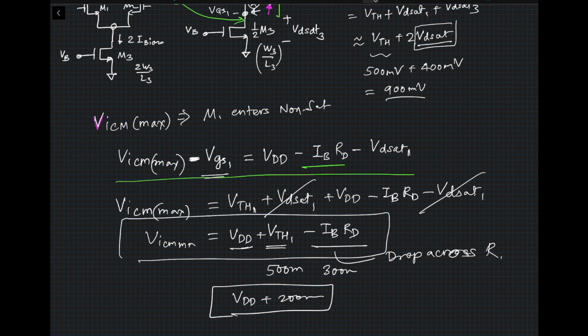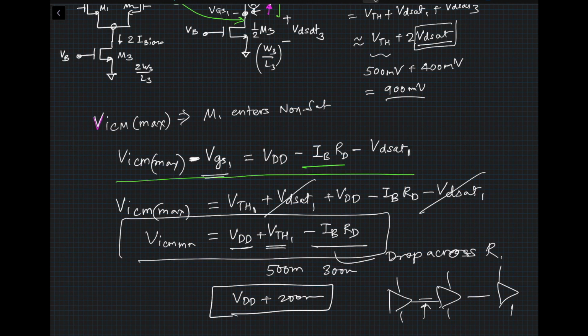Your drain voltage has to be only VDSat above the source voltage for saturation. So because of that, this can happen. What does this really mean? That my input voltage can be higher than VDD. In reality, generally what we have is one stage driving another stage, and all of them are supplied using VDD. The maximum voltage at the input itself is limited to VDD. It cannot go beyond VDD, and many times it will be VDSat below the VDD. And when we look at the output stage, it will be obvious to you, but that's what will limit.